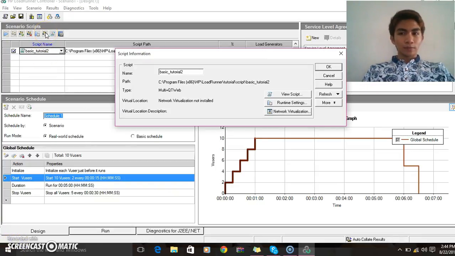In the group name box, enter a more meaningful name, for example travel_agent_tutorial. Then click OK. The scenario groups pane of the design tab is updated.